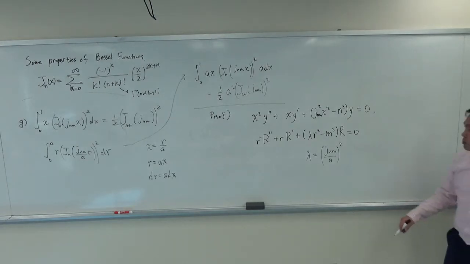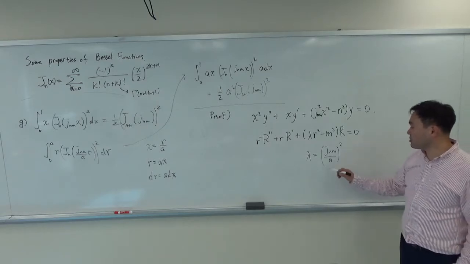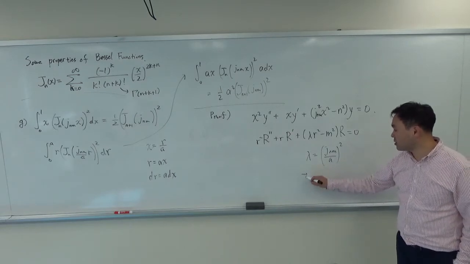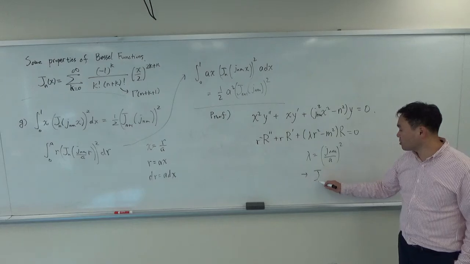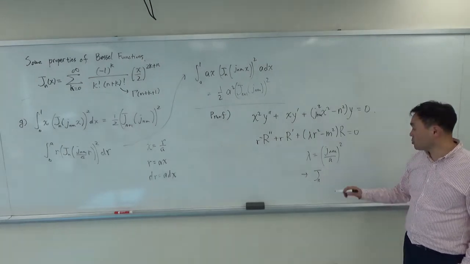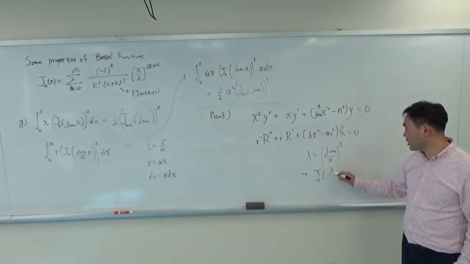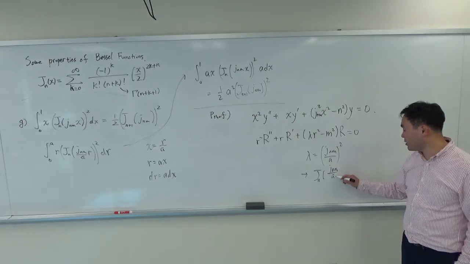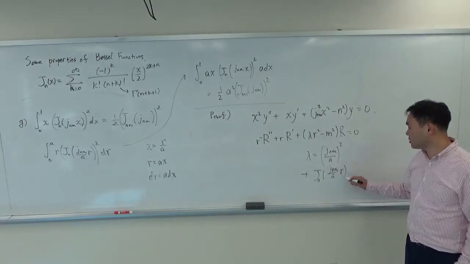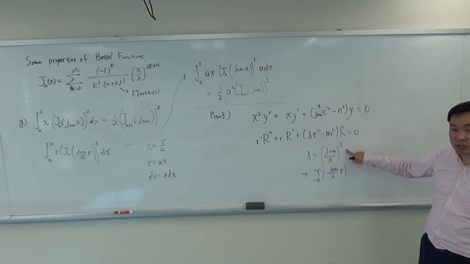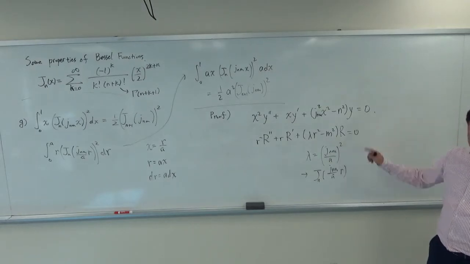And then we found out that for this specific lambda, the eigenfunction was J_n(jnm over a times r). So that was the eigenfunction, that was the eigenvalue. Okay. So with that,